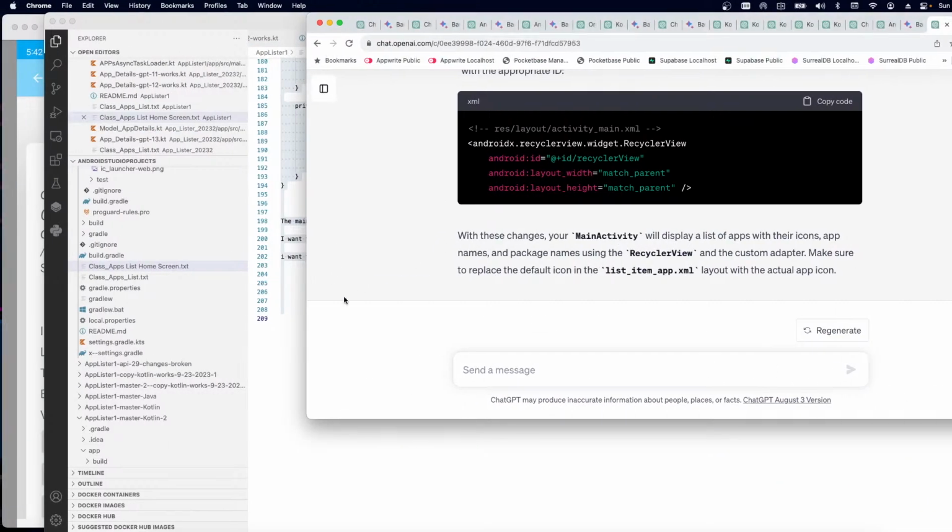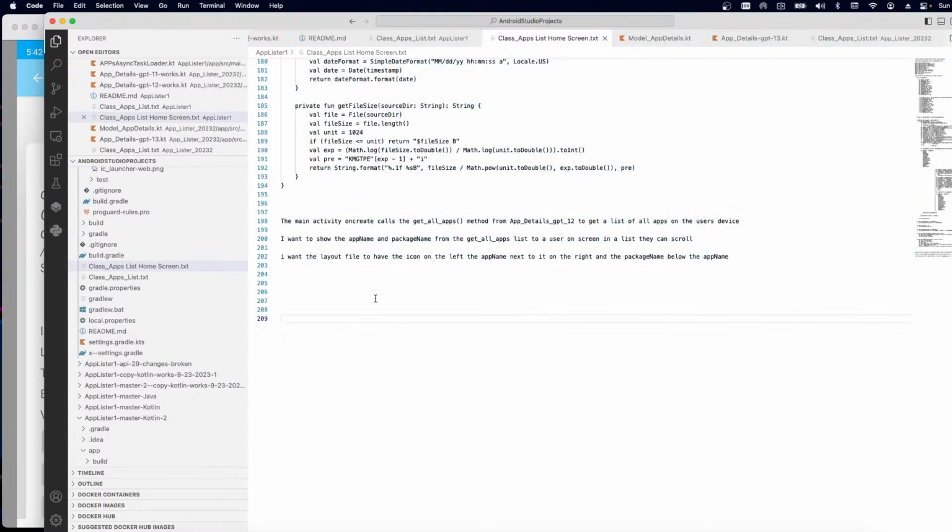So I'm going to come back here. On create, I want to show the app name and package name from the list on screen as they scroll. I want the layout file to have the icon on the left, the app name text to the right of it, and the package name below the app name. Let's add more details. Below the package name,